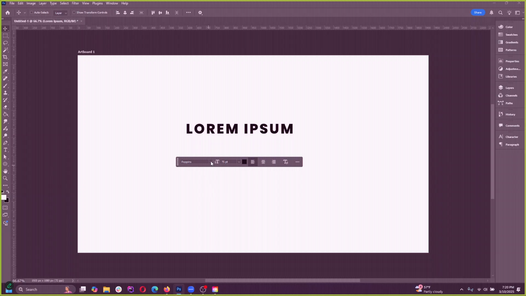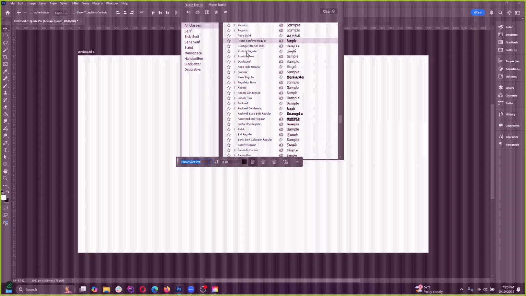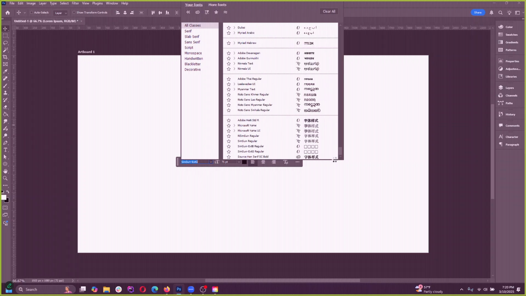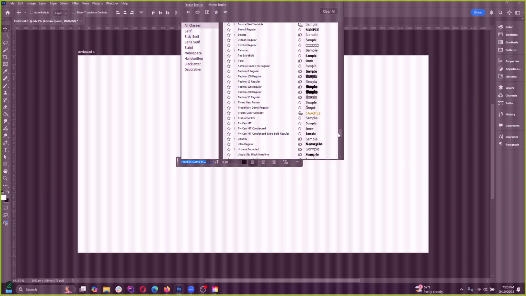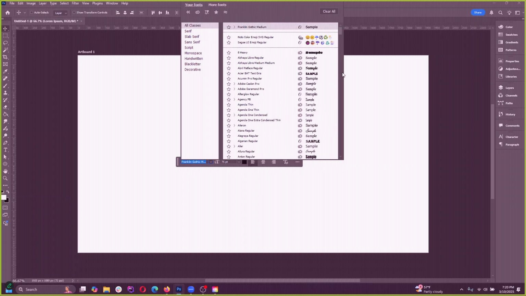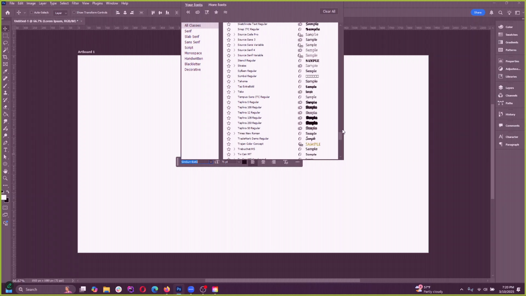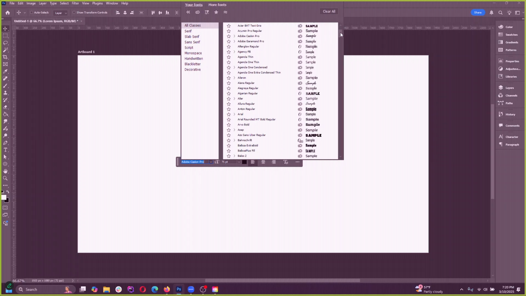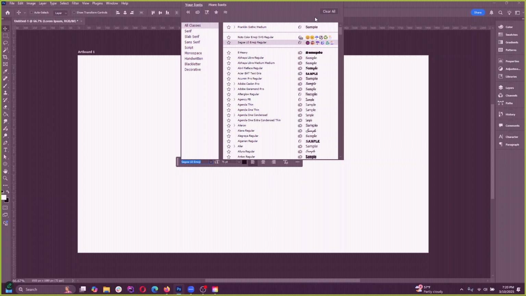Anyways, back to the fonts. So I've got a bunch of fonts here. These are already on my computer, I think. Yeah, these are the ones that I've got installed on my computer. I probably have more than you because I install fonts all the time. But if you want to see more,